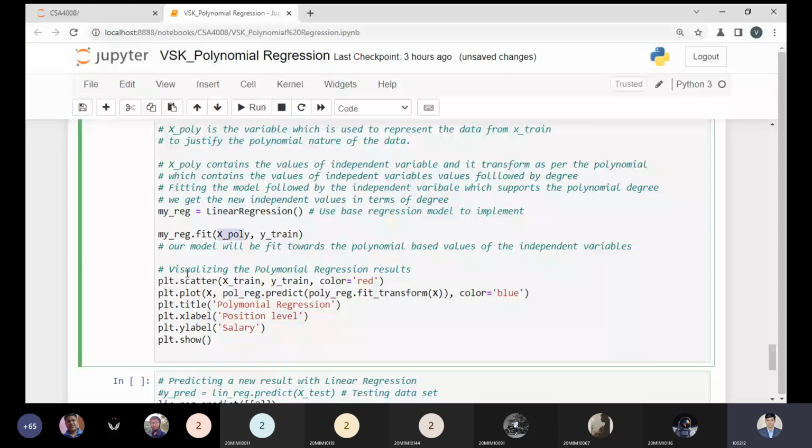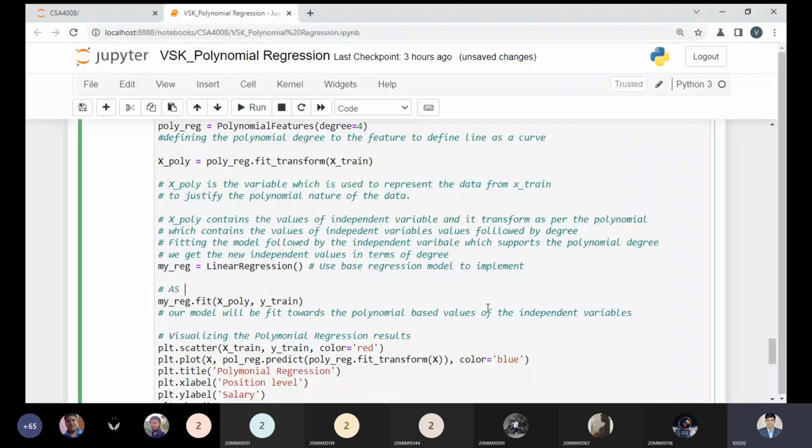Now the X train data, why? Because, as we have seen, our training data is transformed into polynomial based data.